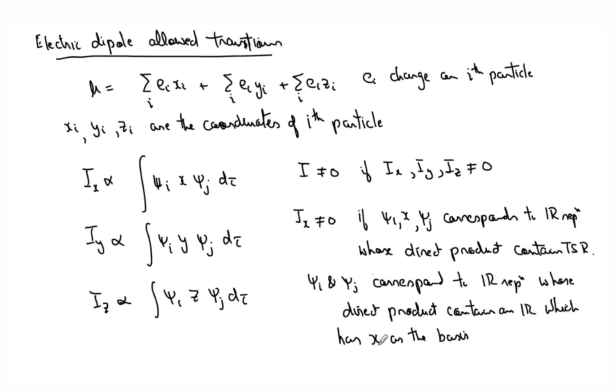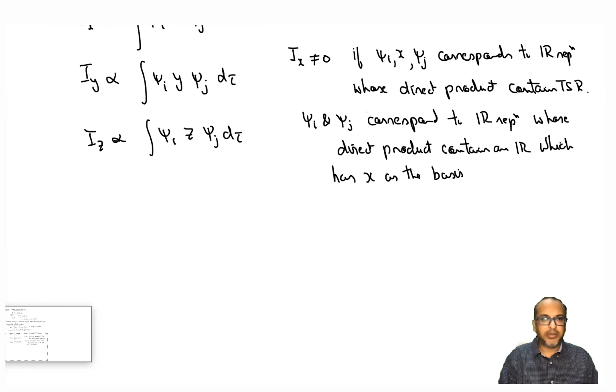Because if it will have x as the basis, that would mean that the triple direct product will contain A1, right? Similarly for y and z will follow, right? To see, right? So we can now write a statement that